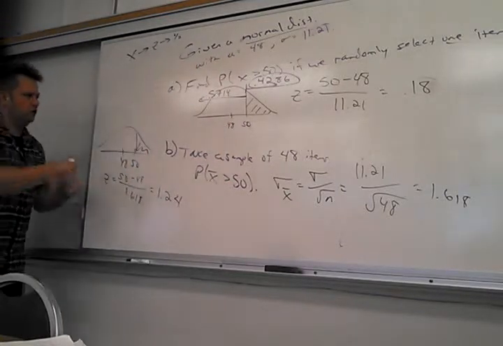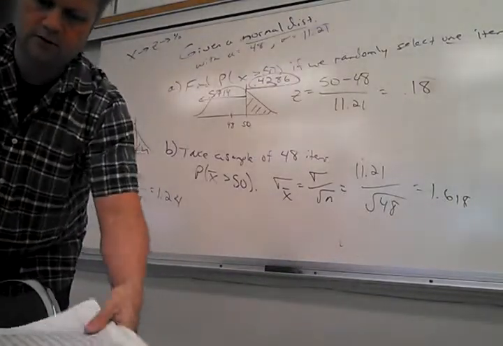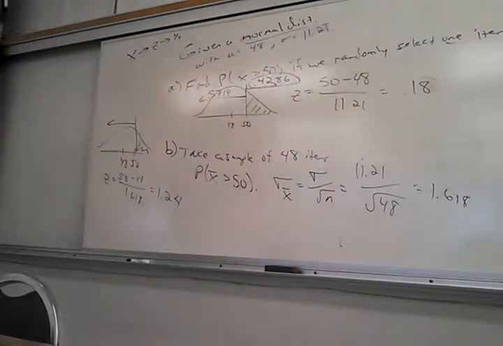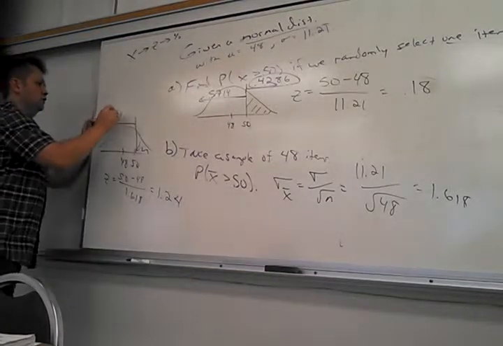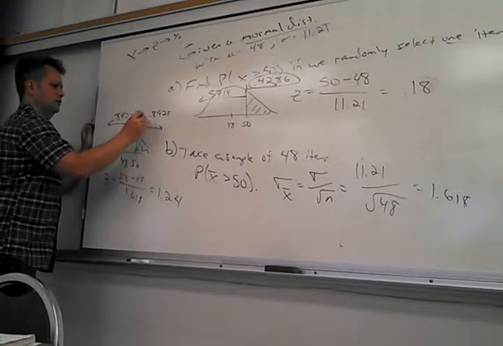And sure enough, when you look at 1.24, what do you get there? Look up 1.24 in your books that hopefully don't look this bad. 0.8925. Beautiful. 0.8925. So what's my actual answer then? 0.1075. Yeah, 1 minus that,